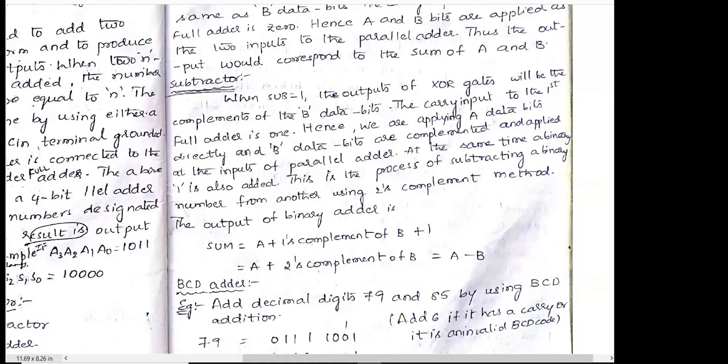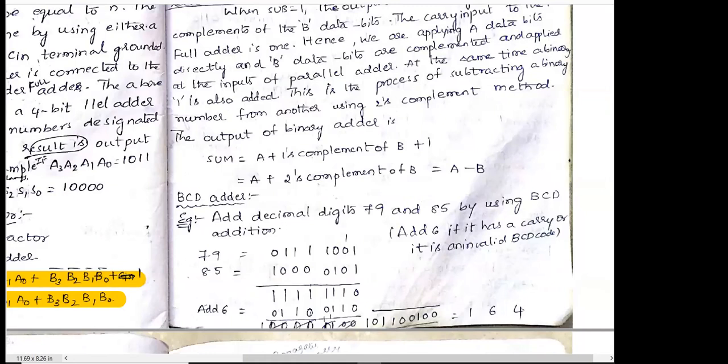Similarly, the same circuit can be used for BCD addition. And here what are we doing? First we built the parallel binary adder using full adders. Next we performed the addition, 2's complement subtraction circuit, or 4-bit parallel subtractor, it is also called. Next we are performing the BCD addition.